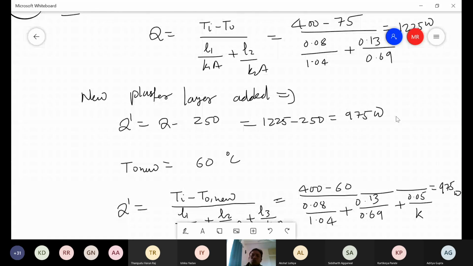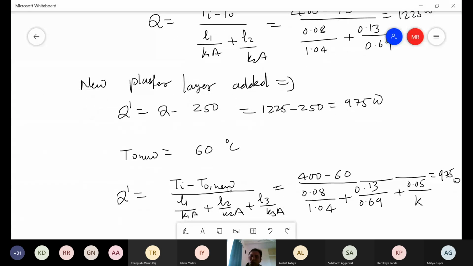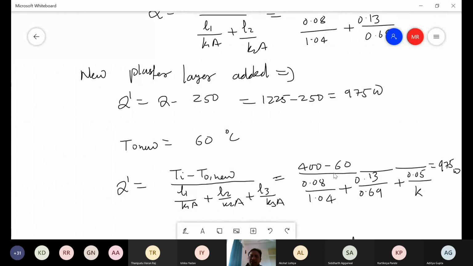Again, the temperature is reduced to 60 degrees Celsius, isn't it? Earlier temperature was 75 degrees Celsius. So again, we can write down the rate of heat transfer equation. So Q dash can be written as T minus T outer new, so that becomes 400 minus 60 divided by the summation of all the individual resistances in layer 1, layer 2